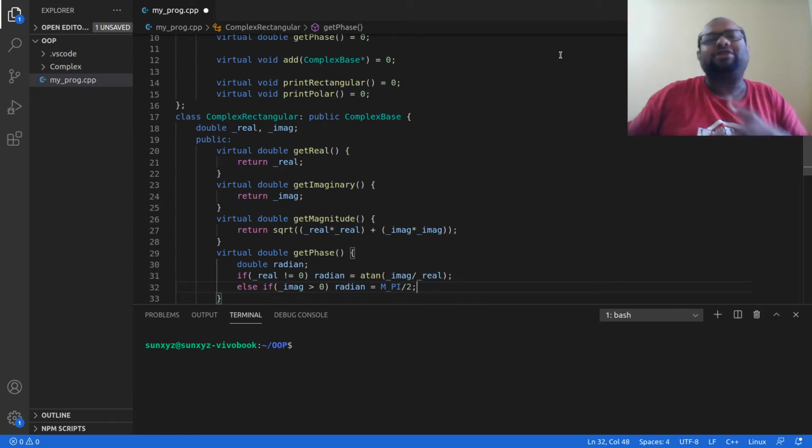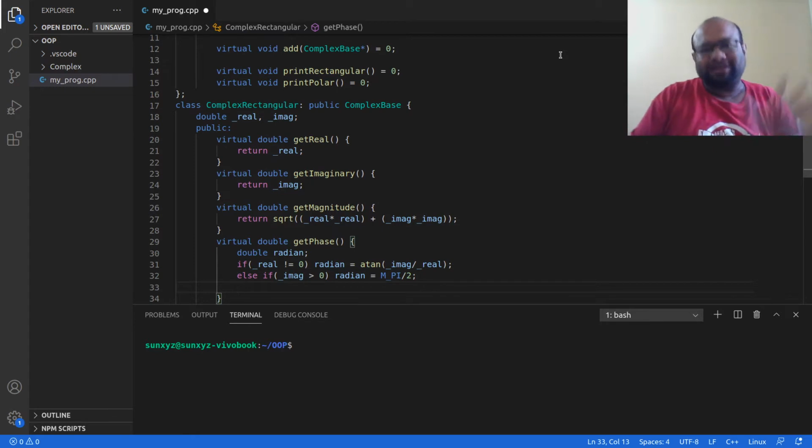So these are lots of things that I could have done, but I am not going to do that. I am simply going to use this M underscore PI global variable that is declared inside this CMath header. So this gives me the most precise value of pi that my computer can handle, and this is what I am going to use. Okay, so what have I done till now?